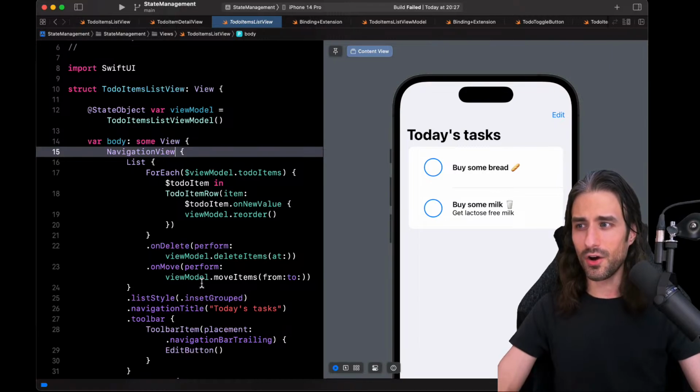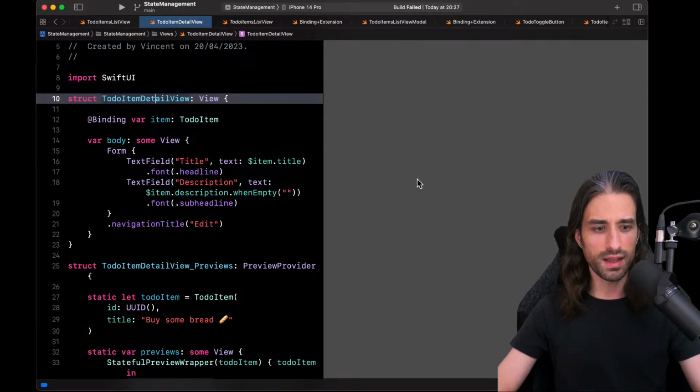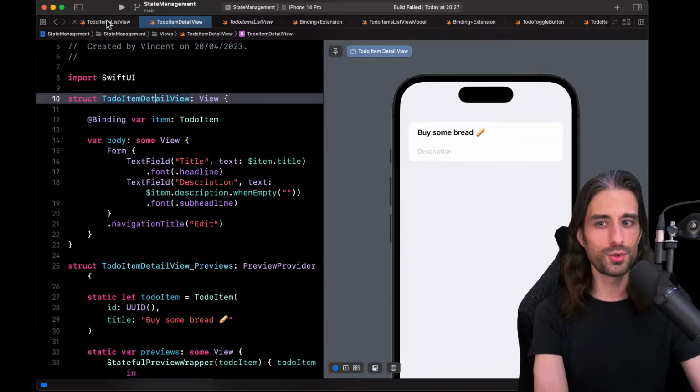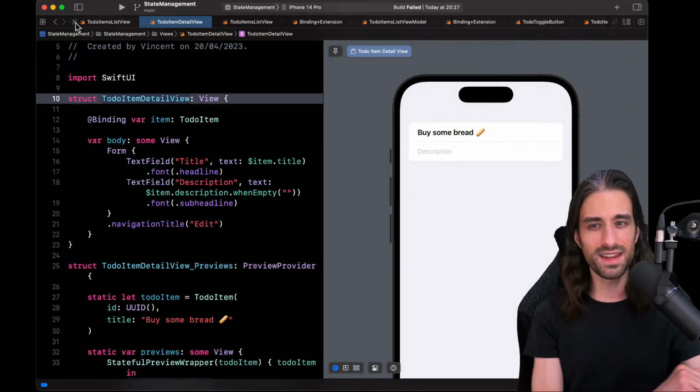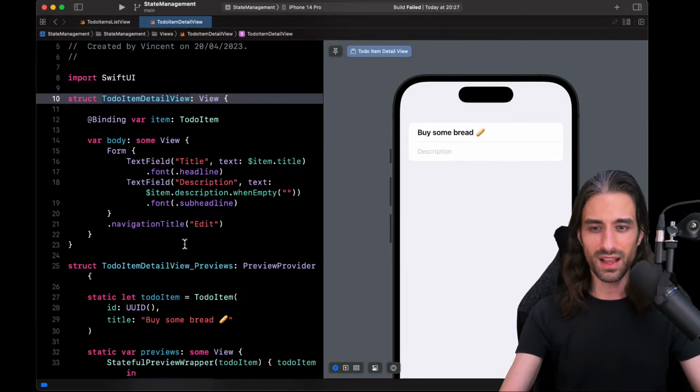So, how do we navigate from this view here to that view there? Will I show you how to use Navigation Stack? Yes, I will show you how to use Navigation Stack, and I will explain the difference between Navigation View and Navigation Stack. This is coming. Okay, just closing a bit to make it a little bit cleaner and easier for me to follow and to see where I am.